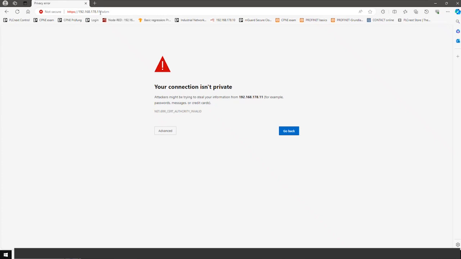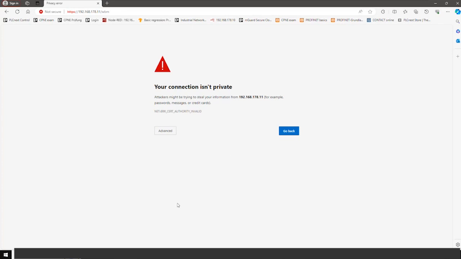And typically what you see here is this message with the first contact: your connection is not private. Attackers might be trying to steal your information, and so on. You see here it's not secure, HTTPS is not active. And this is just because the certificate that is used for authentication is a self-signed certificate issued by Phoenix Contact.